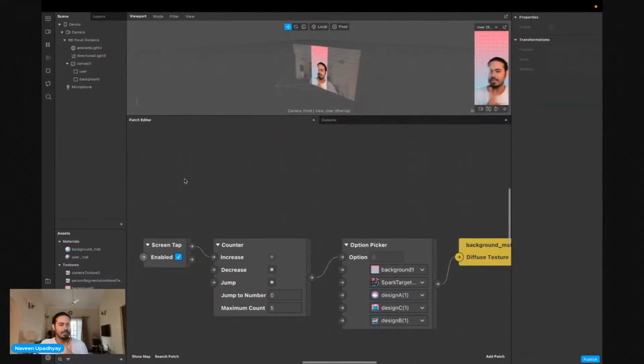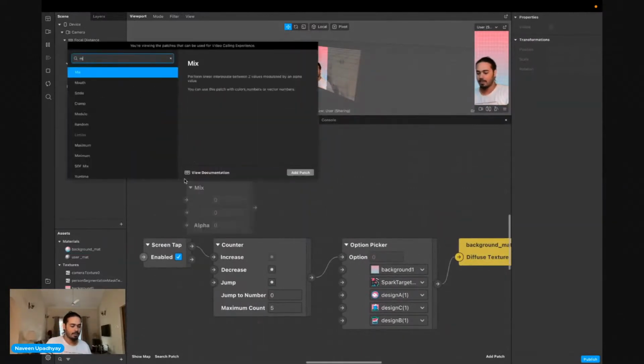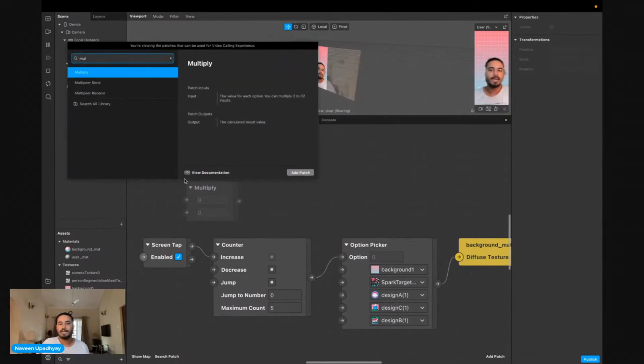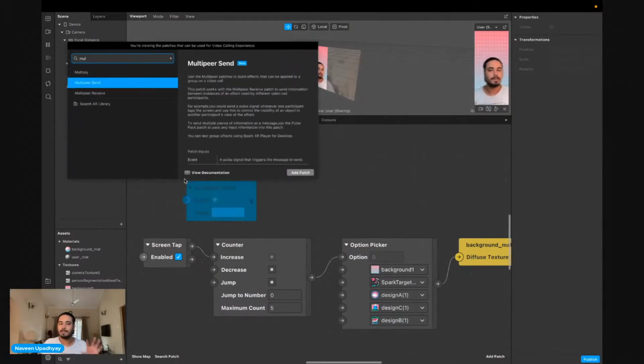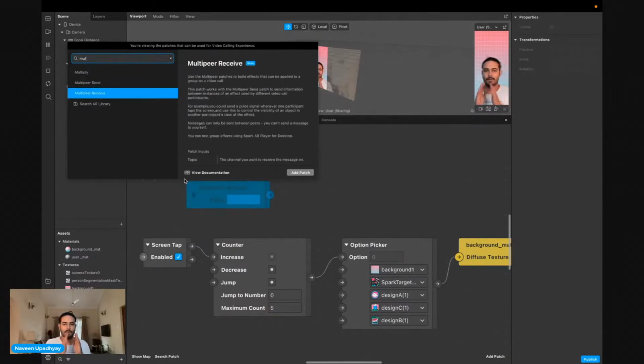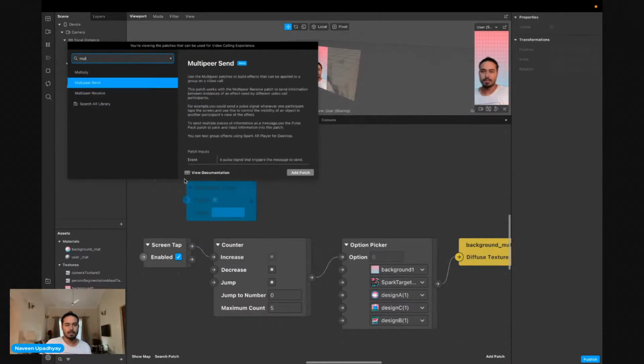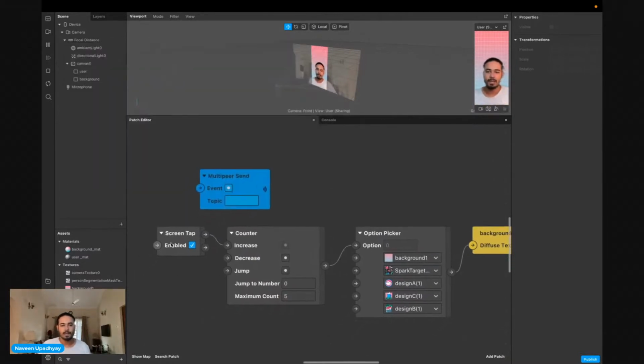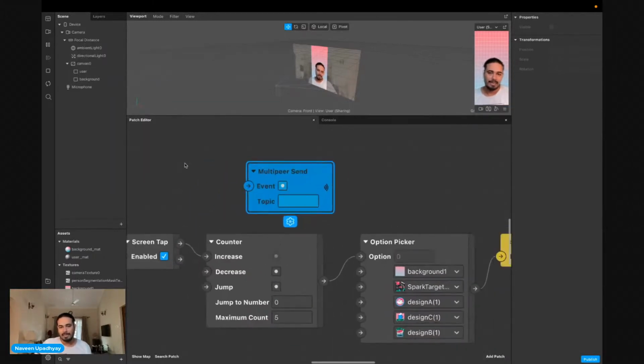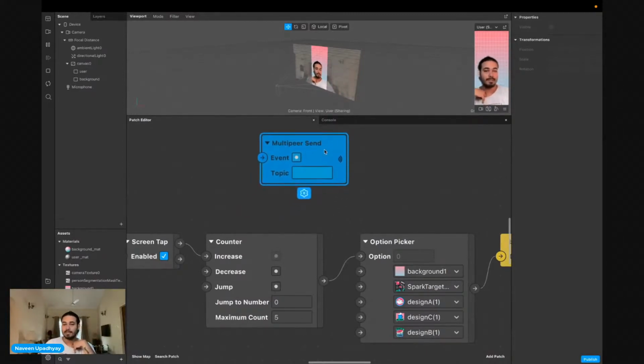There are 2 patches that we will be talking about. It's called multipeer. When you say multipeer, you'll see that there's multipeer send and there's multipeer receive. Right now we want to send the message, so let's go to the multipeer send. This multipeer send takes a pulse. For example, we had that completed pulse when our plane reached somewhere, and then we wanted to send a pulse. We can only send messages in the form of a pulse.